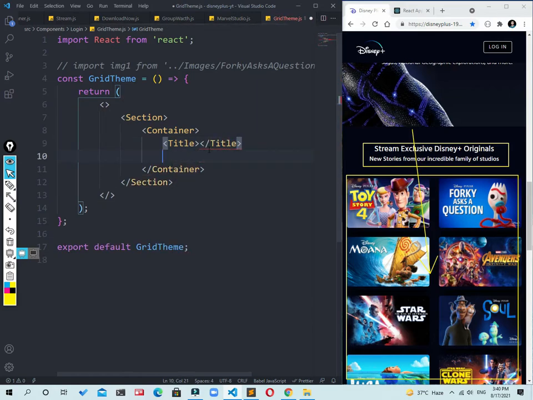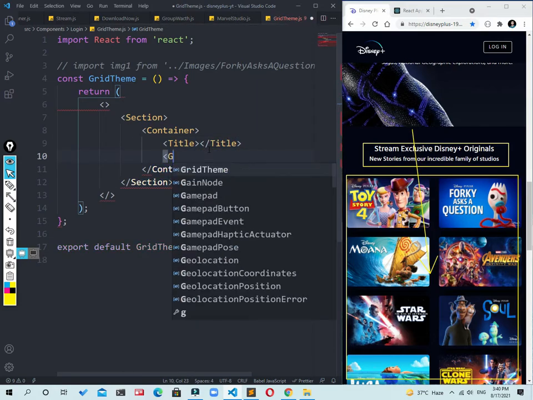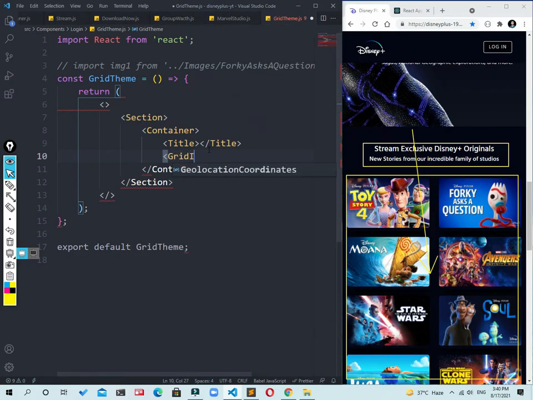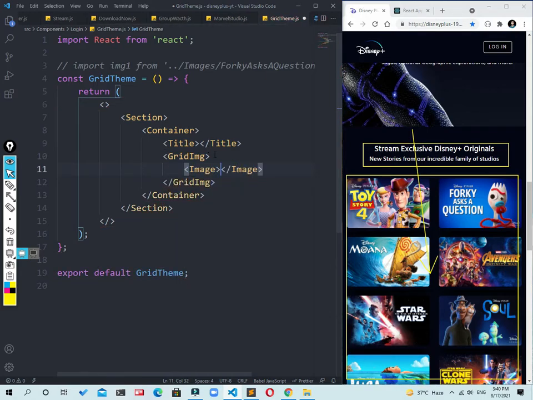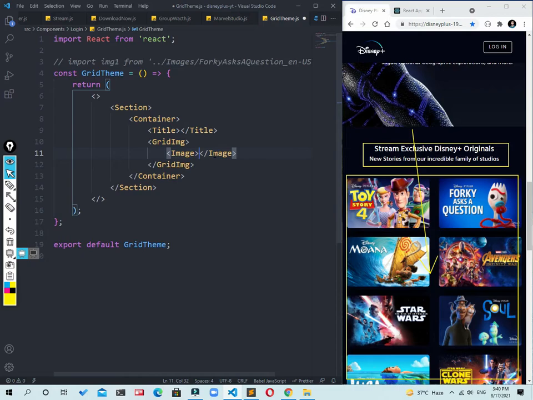Okay, title. Now we have a grid of images. Inside there we have one more component called image. In there we have an image source, so I am defining the tag of image. I am adding the source, which is image1 that I defined, and now I am going to define the alternative, which is